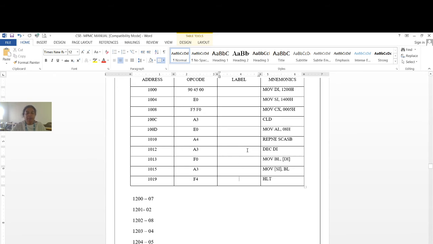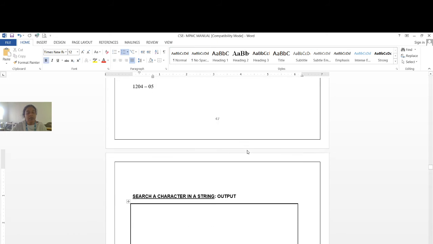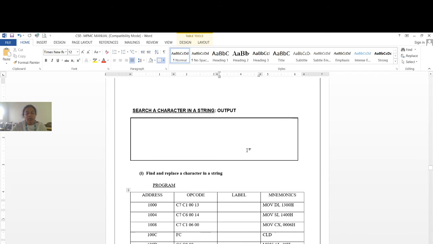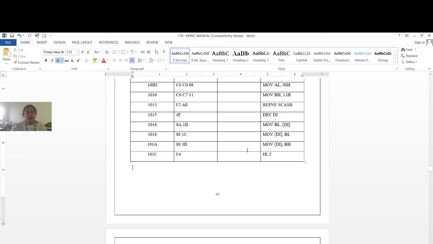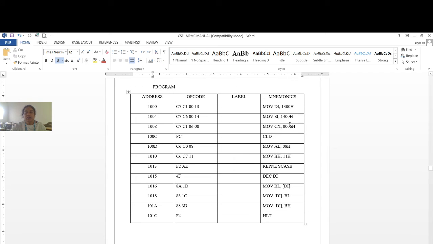In this program we found out whether the searching character is available in the string. In the next program, we are going to replace a character. Whatever character we have found, we are going to replace it. In a similar way, MOV DI is 1300 or 1200, anything you can keep.